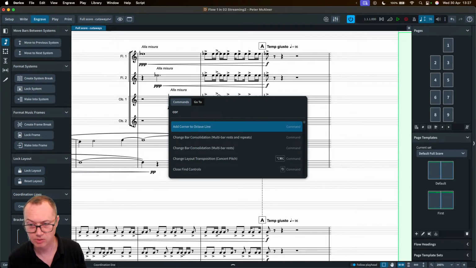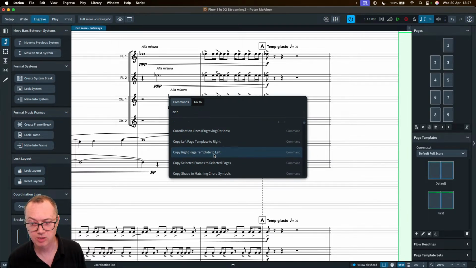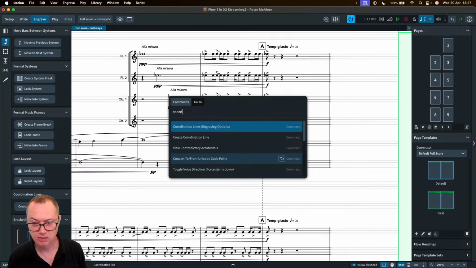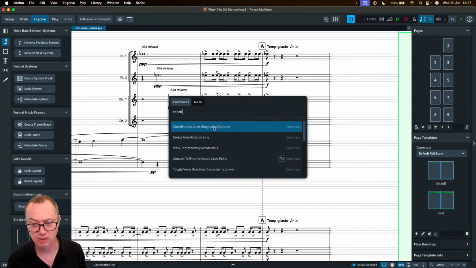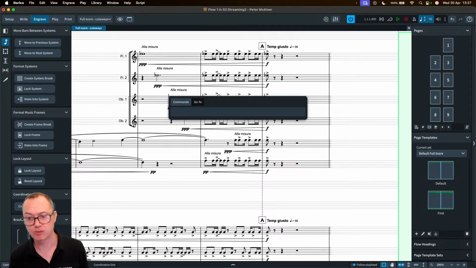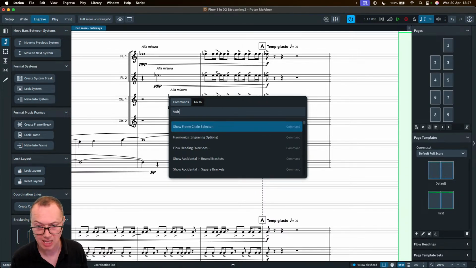So if you want to use the jump bar to get to something else like that, as you start typing, there's all sorts of options. Some of these are commands, and some of them are menu items that you can go to, like engraving options, or it might be in layout options, that kind of thing. So the jump bar is even more useful now. There's also commands that you can run from here. So for example, if I type hairpin end bar,